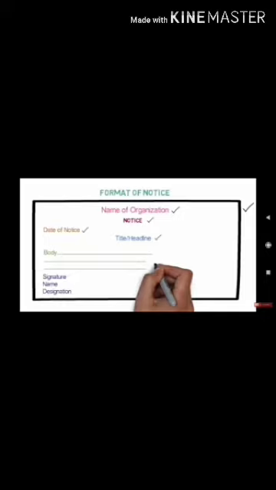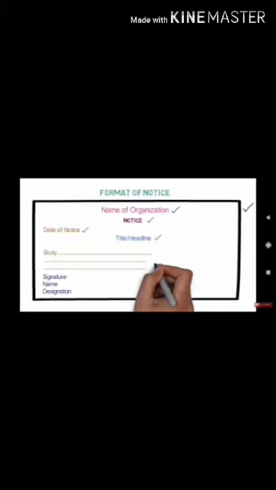First of all, we have to write the name of the organization, then NOTICE in capital letters, and then on the left side we have to write the date when we are writing the notice. Then in the next line we will write the title, the heading, and then from the next line, from the left side with the margin line, with the box, we will write the content,